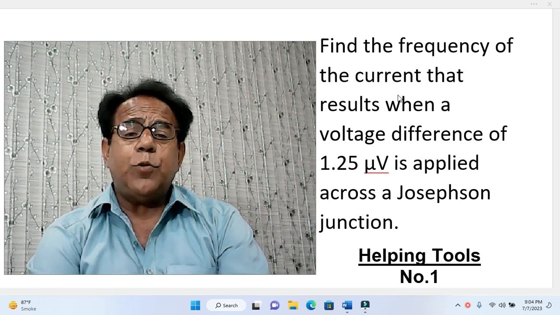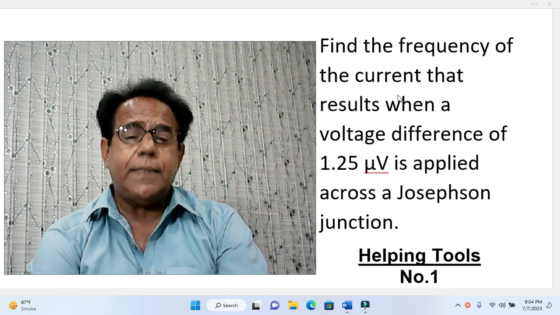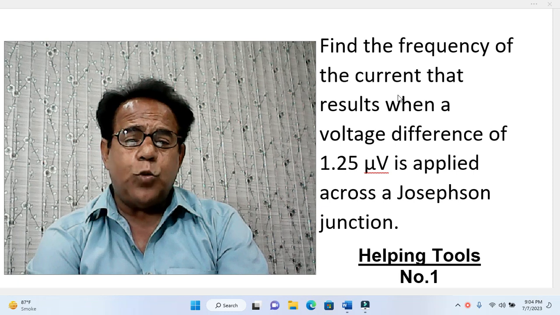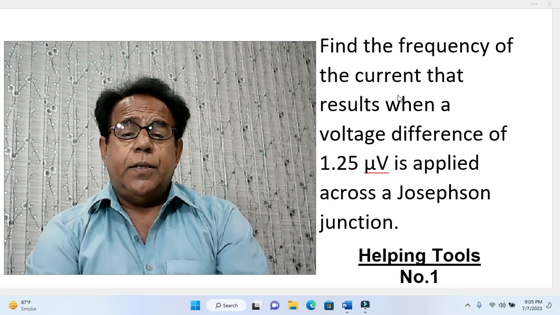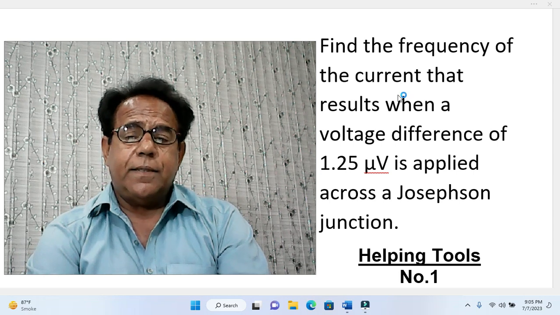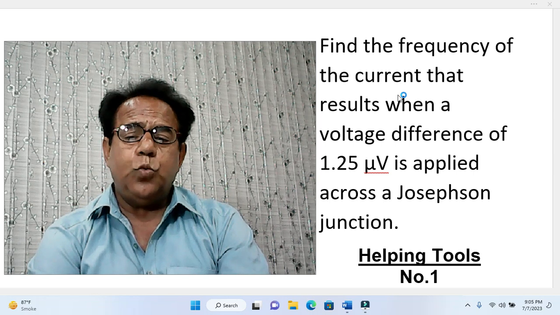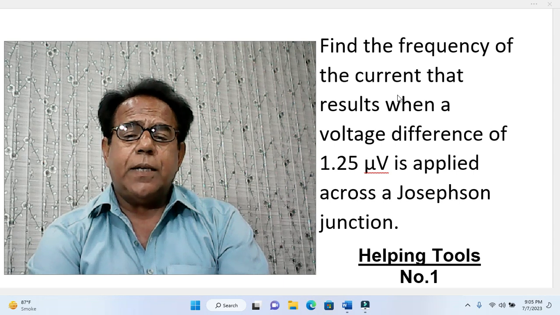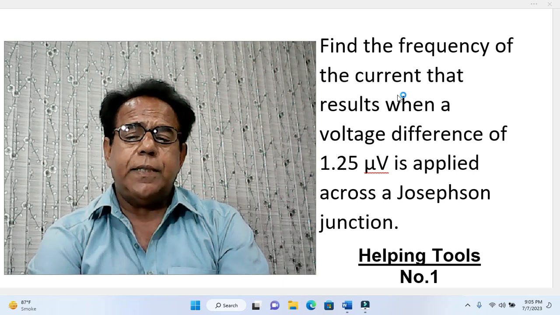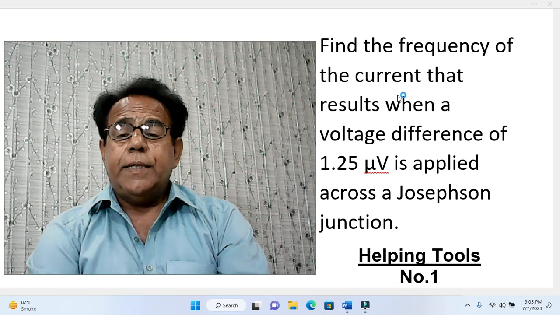milli means 10 to power minus 3, micro means 10 to power minus 6, nano means 10 to power minus 9. Find the frequency of the current that results when a voltage difference of 1.25 microvolt is applied across a Josephson junction. Okay, dear students,